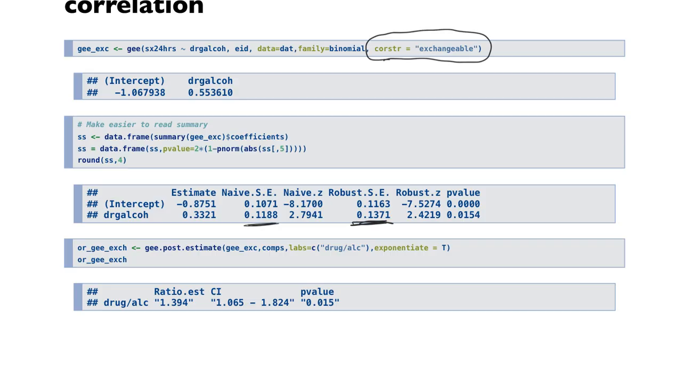So that's something to remember perhaps for the midterm, right? If I give you output and I say, what does this imply about the working correlation? Is it good? Is it bad? You're just comparing the robust to the naive standard error. Again, this standard error assumes equal correlation